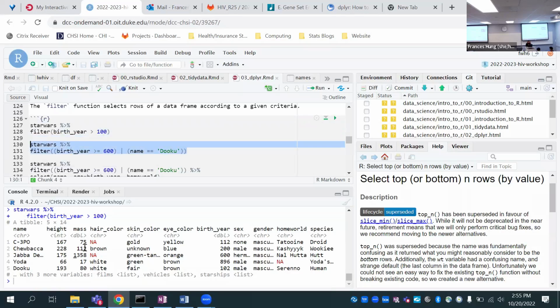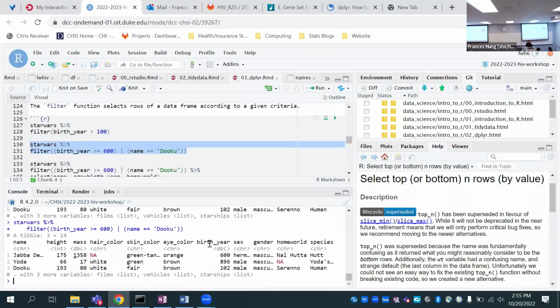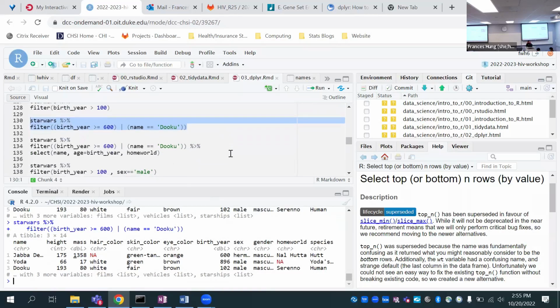If we do this, then we'll see 2 people who are above 100, and that's Jabba the Hutt and Yoda. We also have Dooku, who is less than 600 years old, but his name is Dooku, so he makes the cut.